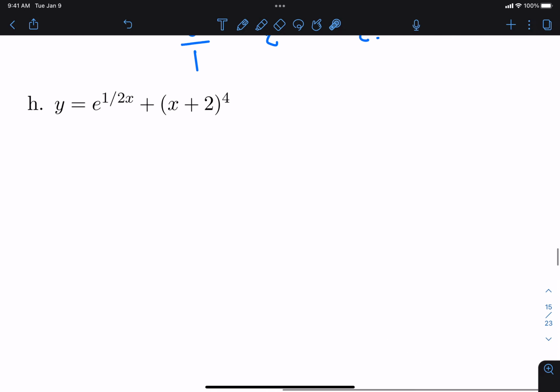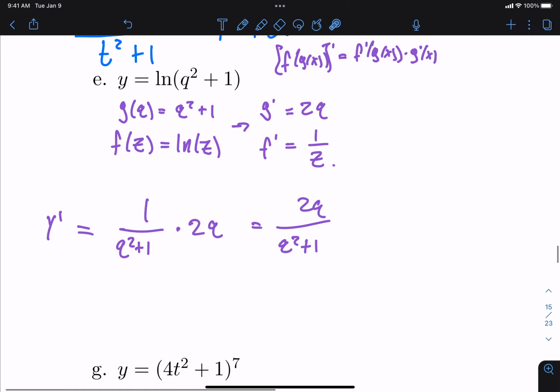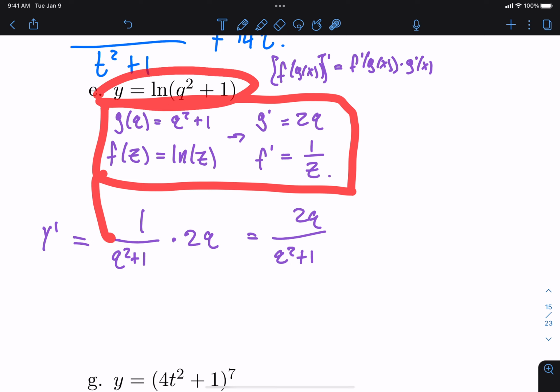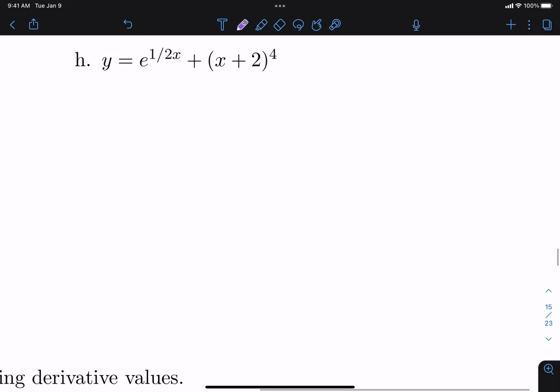Okay, so I'm going to show you how I would do this chain rule problem. After you gain some familiarity with the chain rule, you're probably not going to write out all of this stuff. You're kind of going to go straight from the top to the bottom, and you're going to say, I know this is a chain rule problem. Derivative of the outside function, just put 1 over whatever's inside the parentheses, multiply by the derivative. So I'll show you how I would do this problem in that way, and then I'll show you the long